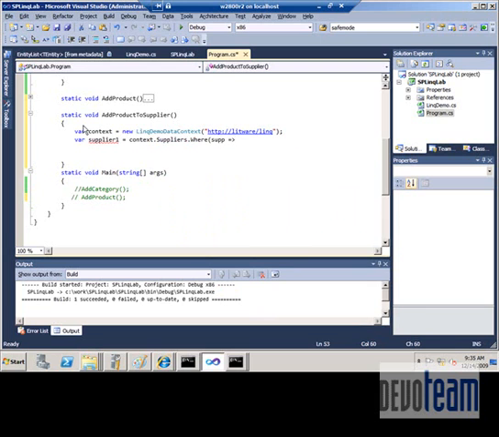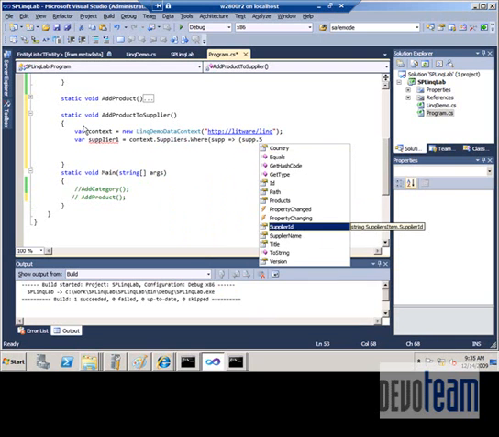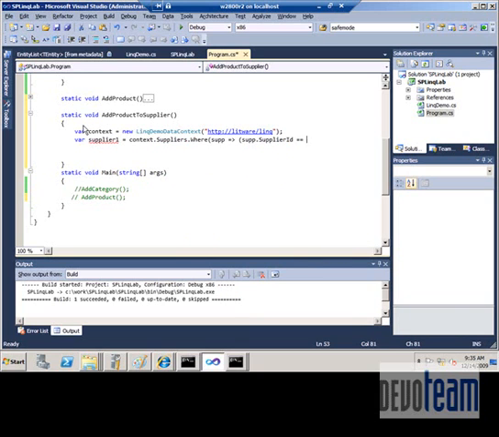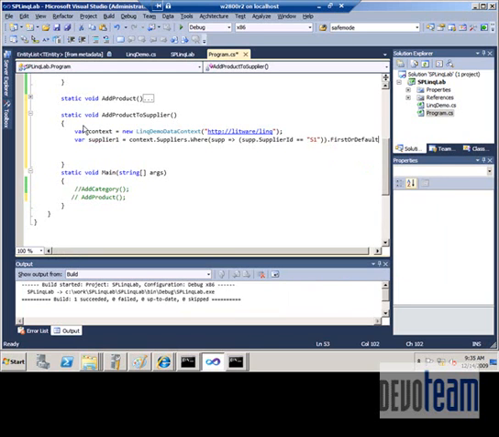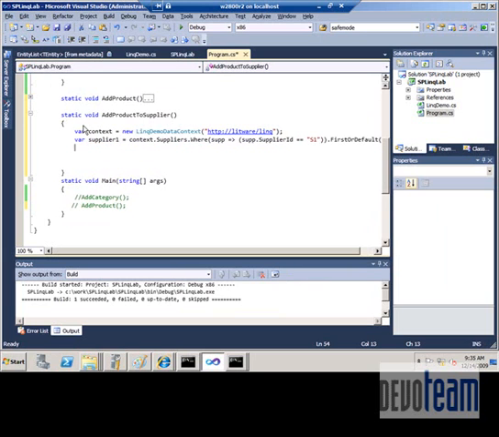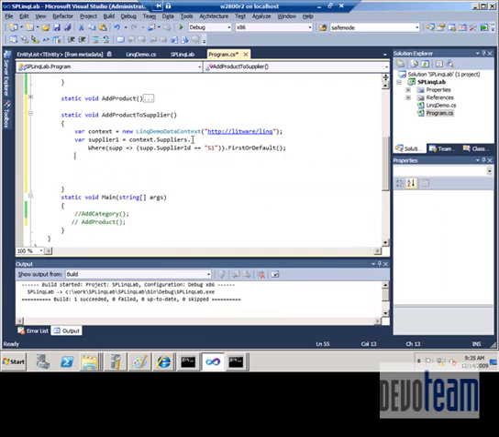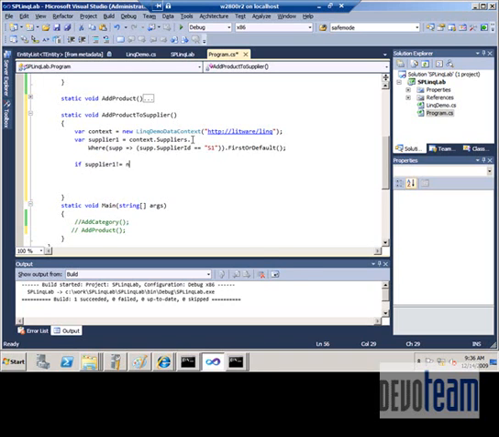Supplier is an IQueryable, so I want to find the supplier number S1. And if there is such a supplier, so if supplier 1 is not null,